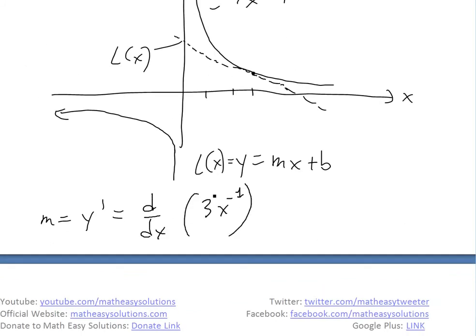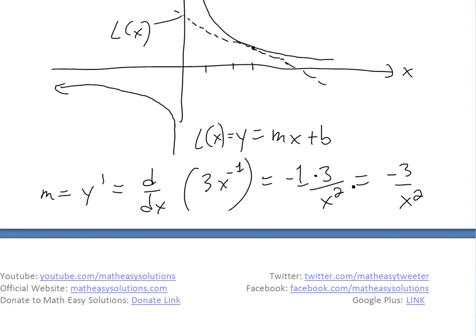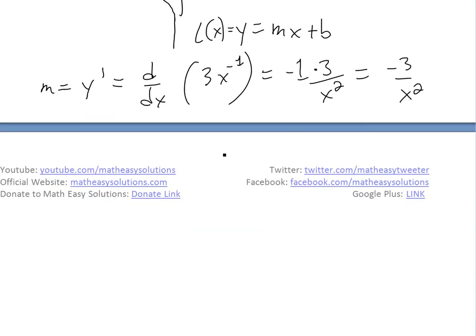you could rewrite it like this. So the derivative is dy over dx of 3x to the negative 1, which is the same as writing 3 divided by x, but this way we can go slowly on the derivative. So what you do is you put the negative 1 down, so the negative goes down, the 3 stays there, and then you go to negative 2 here. So it's just going to be x to the negative 2, which goes at the bottom here. So the derivative is going to be negative 3 over x squared right here, and m is basically at the point